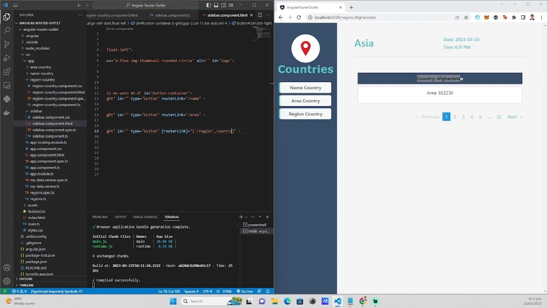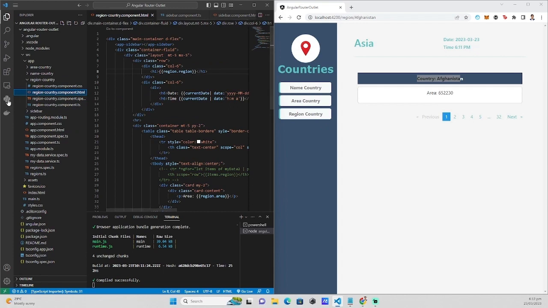What we're going to do now is use the query parameter, wherein it's also an unexpected URL that's going to be created depending on the scenario that you're going to make. So let's go back to our region-country.component.html. So in here, under the container, we're going to create